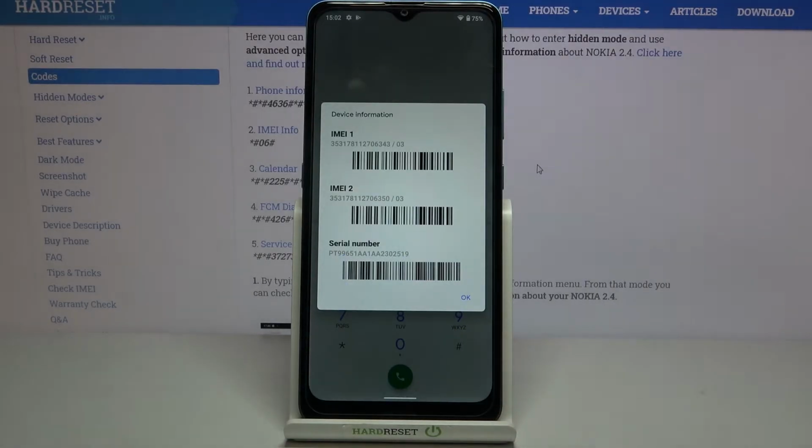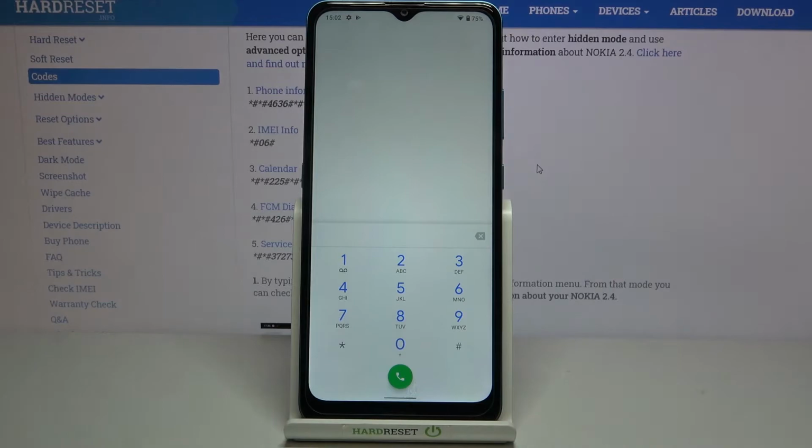And as you can see, by this code we are provided with both IMEI numbers and also a serial number attached to this device. Let's tap on OK, and let me show you another code which will be connected to the calendar. It is